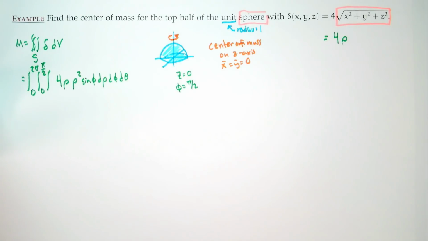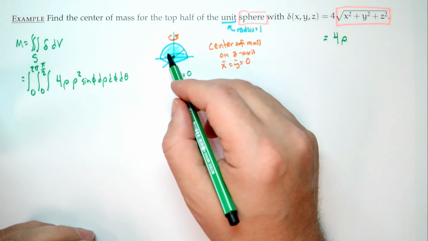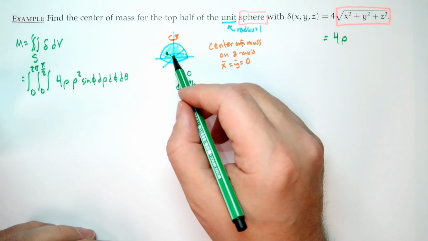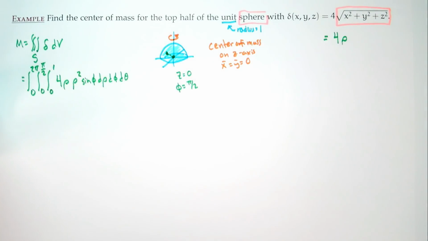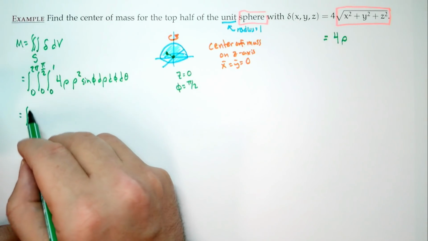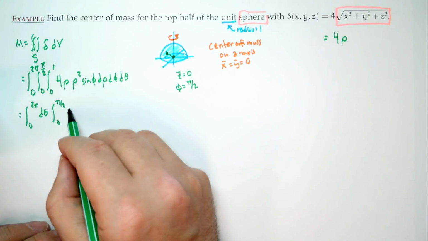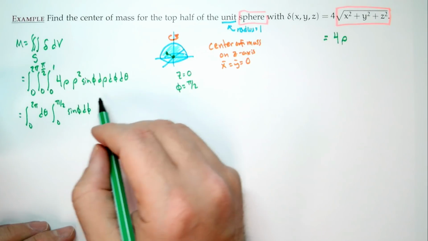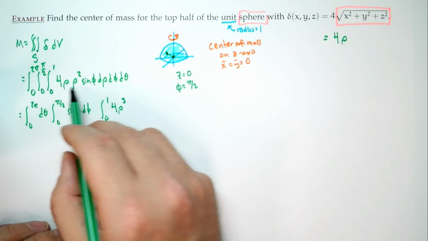Where does rho go from? Well, it's a unit sphere. So when we're thinking about rho, we always start at the center, and we go out till we hit our boundary. So we start at 0 and go out till we hit the unit sphere, which is at 1. In particular, if we look at our bounds, they're super clean bounds. In fact, we can now pull this into 3 pieces. So this is the integral 0 to 2 pi d theta, integral 0 to pi halves sine of phi d phi, and integral 0 to 1 of 4 rho cubed, because we're going to multiply those together,